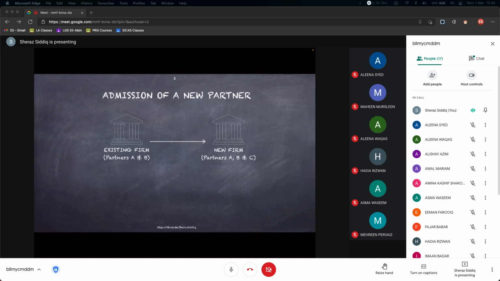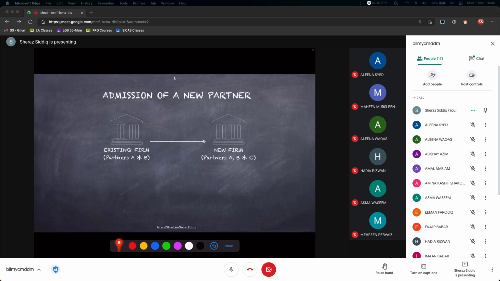So if we are looking at admission of a new partner, then we need to see it according to the Partnership Act 1890 and the legal framework under that. We need to see it like this, right? The existing firm, let's say that consists of partners A and B. So that existing firm is no more there. A new firm where C joins in, so the new firm now consists of partners A, B, and C. And this new firm is going to, not literally, symbolically take over the existing firm of partners A and B.